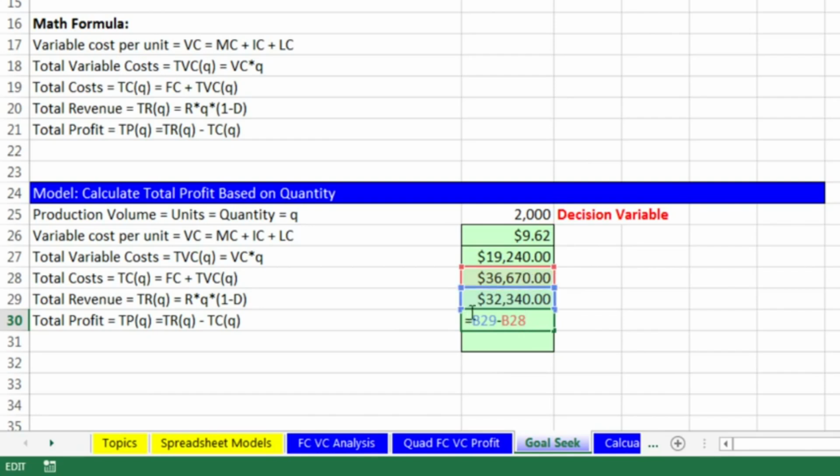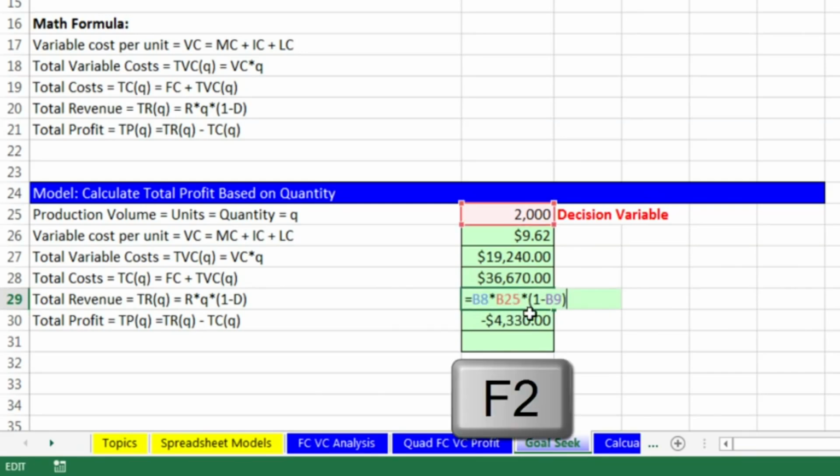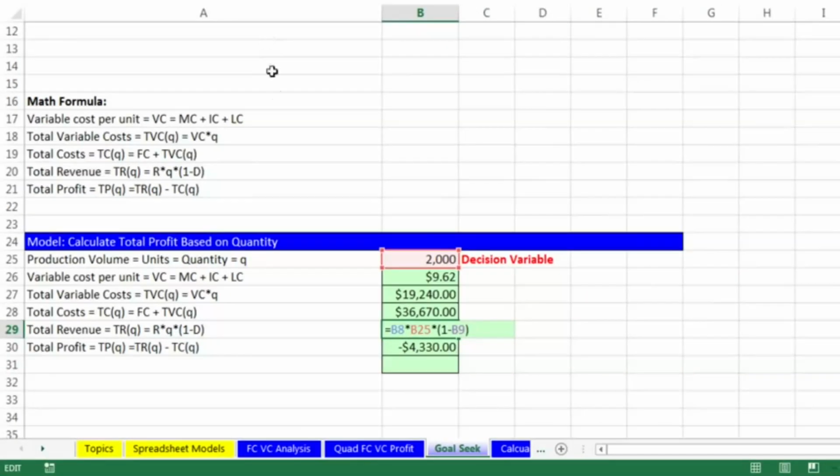Now notice, this is not directly using it. It's using total revenue, total cost. But when I come here and hit F2, you could see this formula is using the formula inputs from above and our decision variable. This one is using that one right there. This one is using the total variable cost from above and our decision variable. So all of these formulas are influencing this last formula here. And there's a number of times where we're using this decision variable. As long as you have a cell that's connected either directly or indirectly to a formula input, you can use